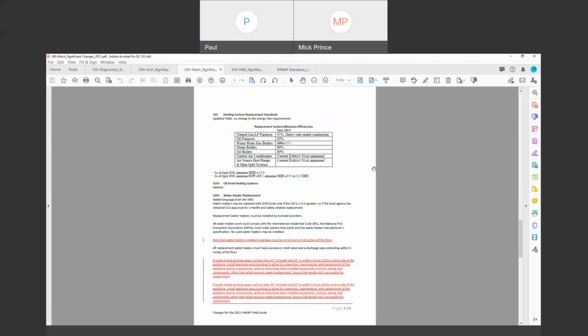Heating system replacement standards. The only change here is our boilers are now supposed to be 95% efficient. We added some language from the SWS about a water heater replacement. If you have water heaters in garages, they have to be at least 18 inches off the floor. Make sure we put them on a level working surface. We've got space around them where we can do some work, get in and out